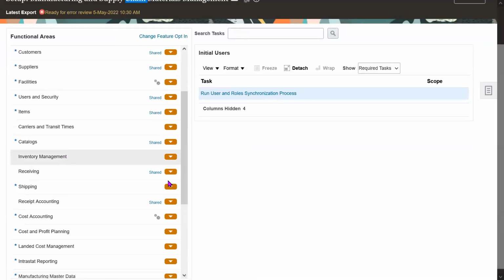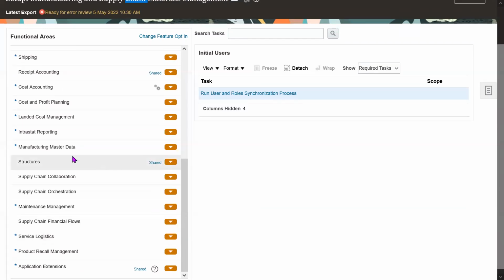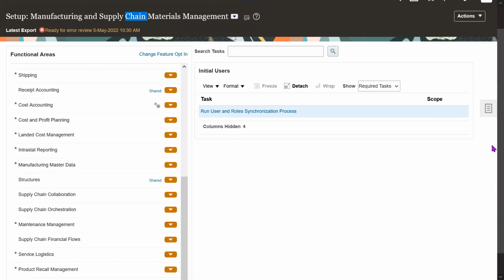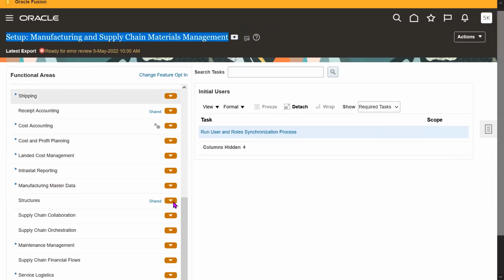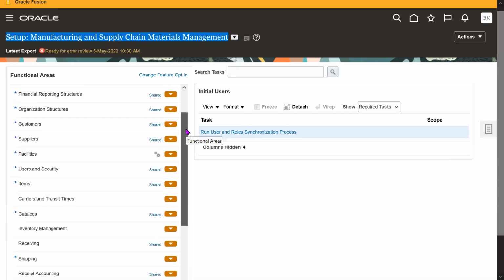Inventory setups you can perform from here. Not only inventory, you can also perform the manufacturing setups here and then costing setups. So manufacturing, costing, inventory, those 3 are available under this offering. Okay. And from the